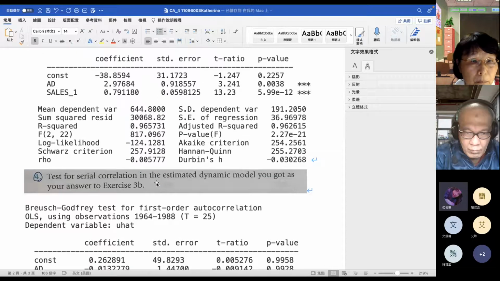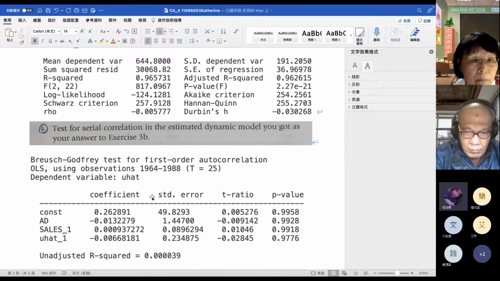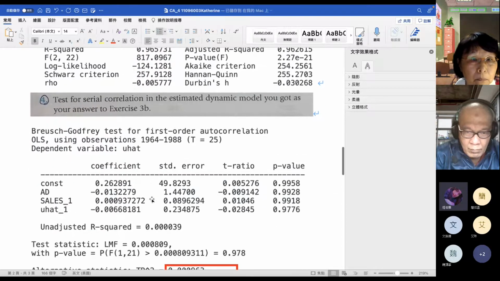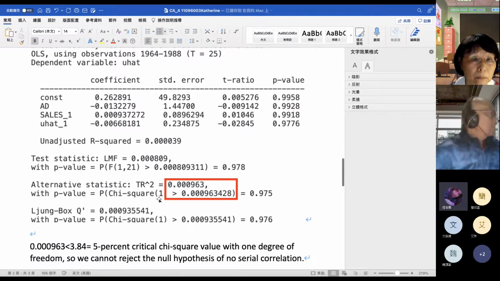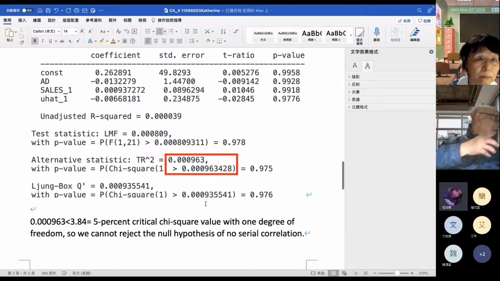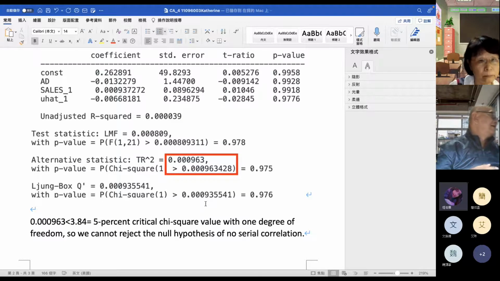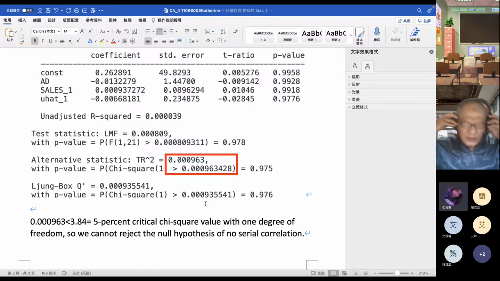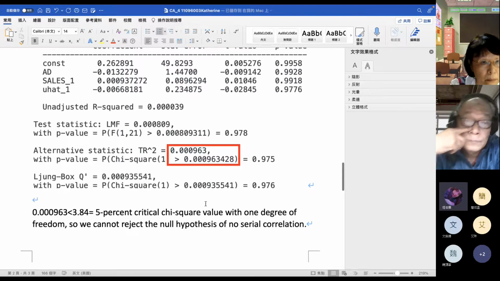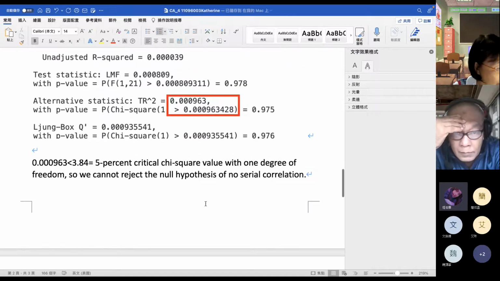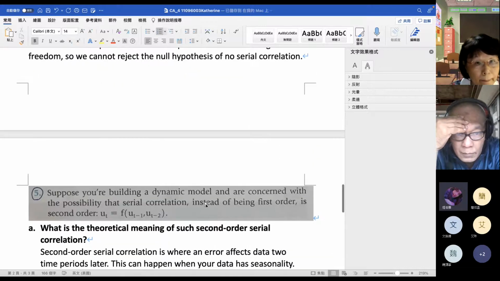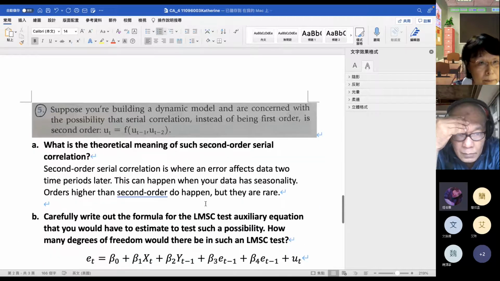And the 4, we run this one. And the 0.00963 will be less than 3.84. So we cannot reject the null hypothesis of no serial correlation. Okay. And the part 5,